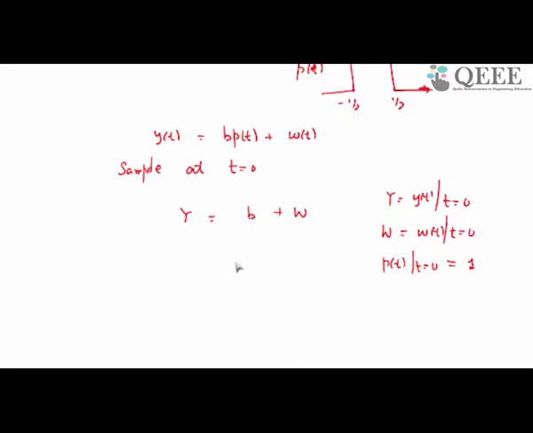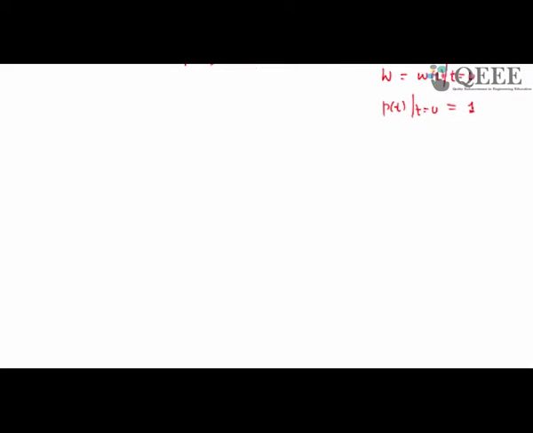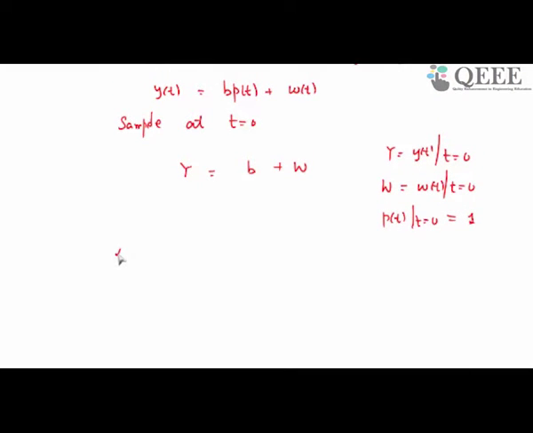Okay, so this is a very simple additive noise model, and let us see how the receiver will decide based on this y. The receiver has to look at this observation y, which is corrupted by noise, and decide what is the value of b. To do this, we have to make some statistical assumption on noise. The simplest noise model we have is to assume w to be a Gaussian noise.